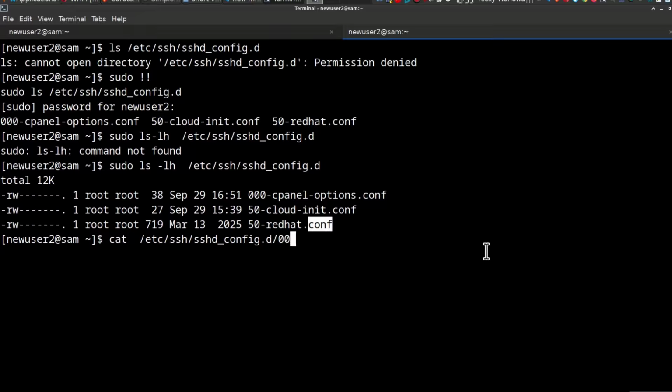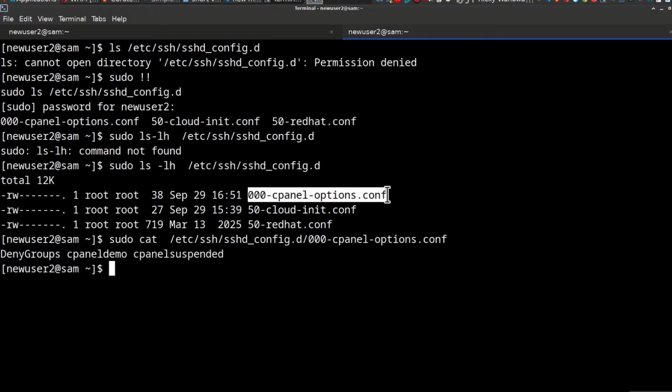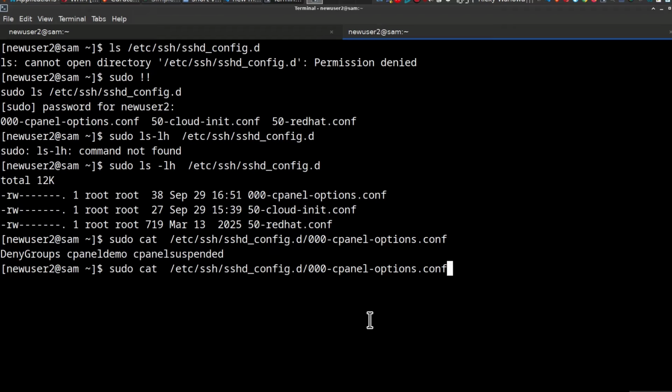And most importantly, make sure you have sudo. We are no longer the root, so let's use sudo. Control-Shift-C, Control-Shift-V, enter, and you can see this is what is inside of that file. Let's go to the next one. It's not auto-completing. Let me just copy it. Control-Shift-C,